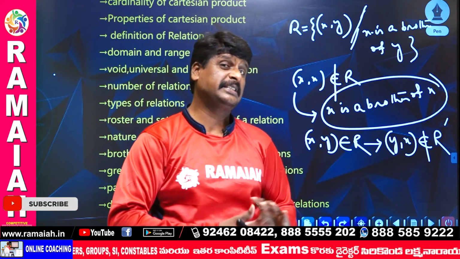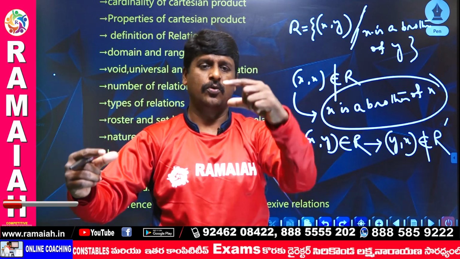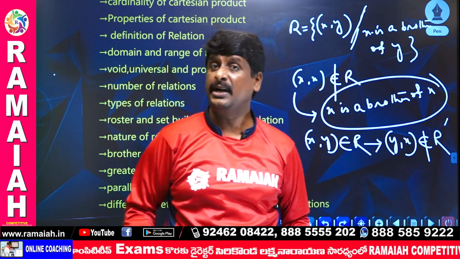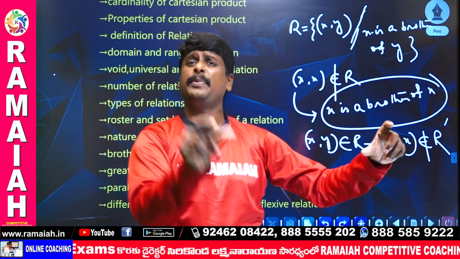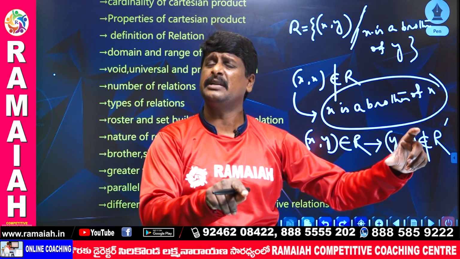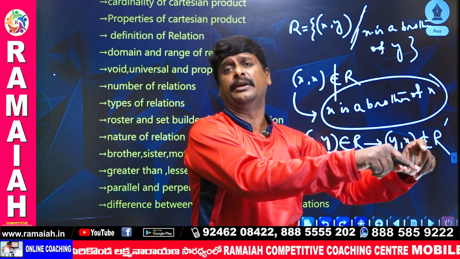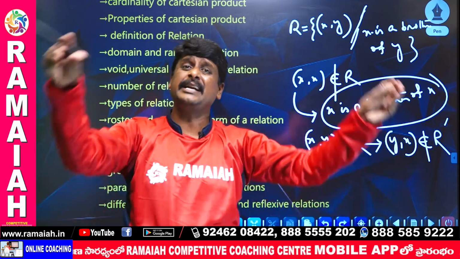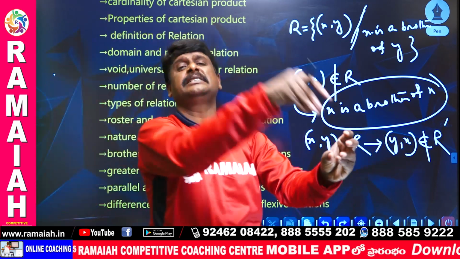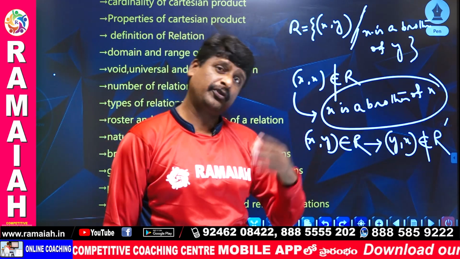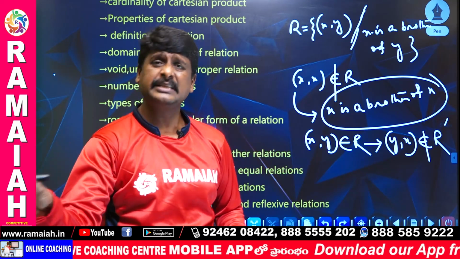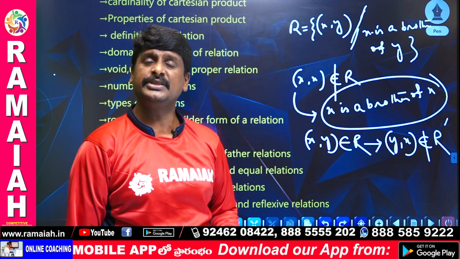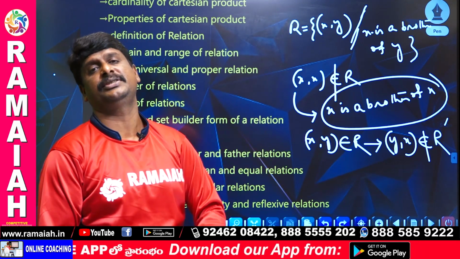Now the transitiveness of the brother relation: x, y, z. X is a brother of y, and y is a brother of z. We have to consider that x is a brother of y, so x is male, and y is also male, because y is a brother of z. We don't know the gender of z, male or female. Now, how are x and z related? Definitely x is a brother of z. Of course, if z is female, then also "x is a brother of z" is a right sentence. That's why the brother relation is only a transitive relation.